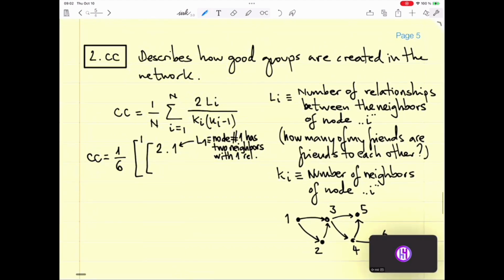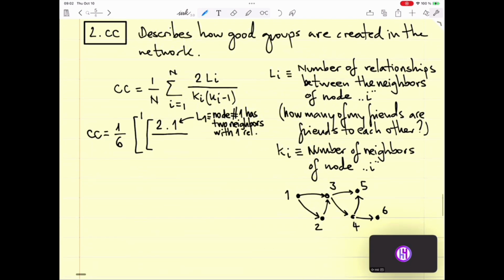Okay? Divided by how many nodes are friends of node number 1? 2 times 2 minus 1. Okay? Plus 2